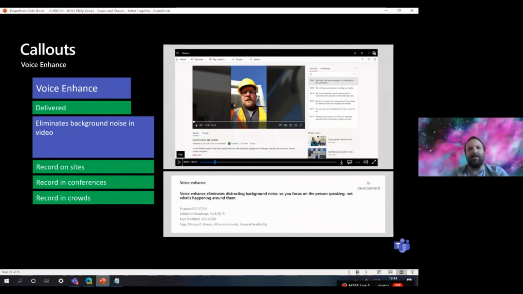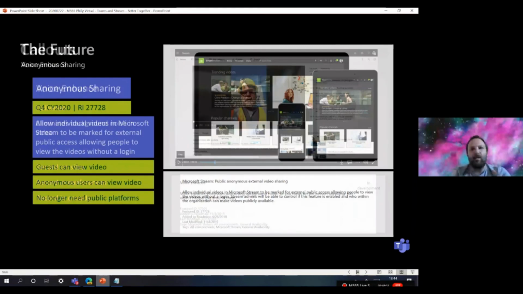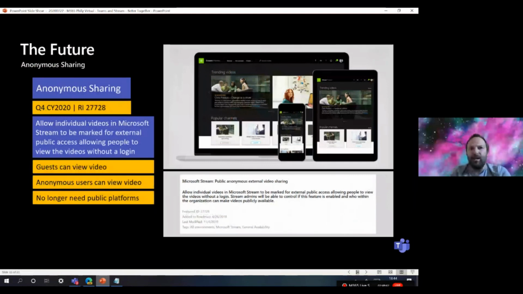In terms of the future, where is it we're going? Well, the big feature that people want to see, and the one confirmed with Microsoft, is the ability to anonymously share video. Now, all the functionality that you've seen today and the ways to put video into Microsoft Teams all applies to users within the organization. So if I'm in my organization, only my co-workers and the people within my organization can see those videos. You cannot share videos anonymously with either guests or with users outside of your organization.